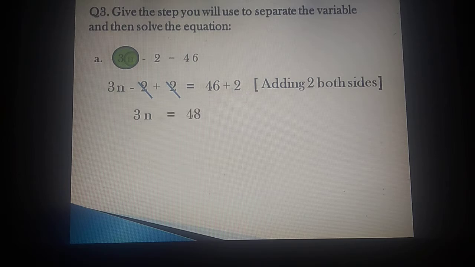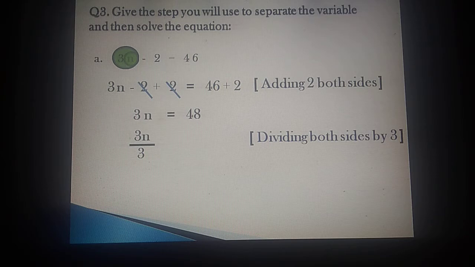Now, here we can see in the outermost circle, what is there? It's 3 into. So, we will divide both sides by 3. Now, first write LHS, that is 3n upon 3, and then RHS, that is 48 upon 3. Now, solve one by one. First LHS, 3 cancels, as they are the same in numerator and denominator. Now left with n. Now moving to RHS. Solve RHS. What will you get? Yes, the answer is 16. Now you can see in the circle only the variable is left. So this is your answer.